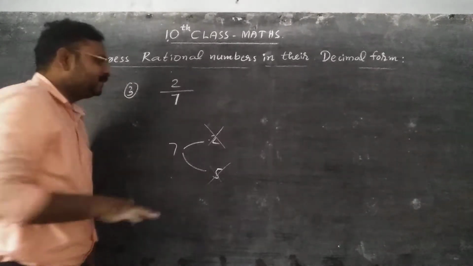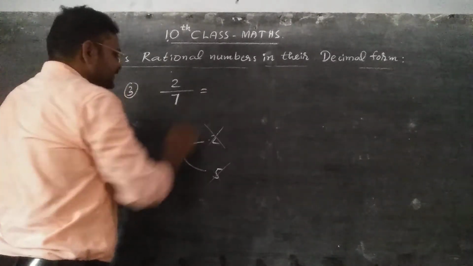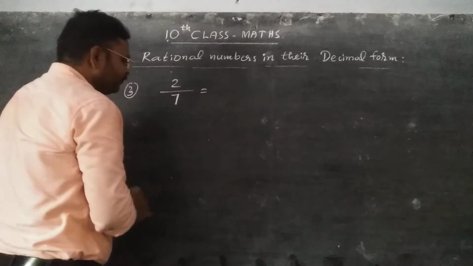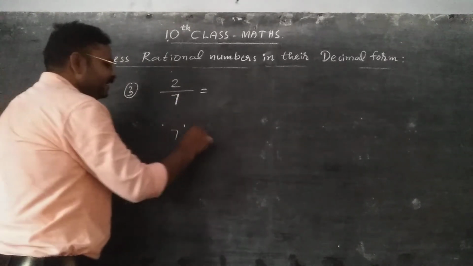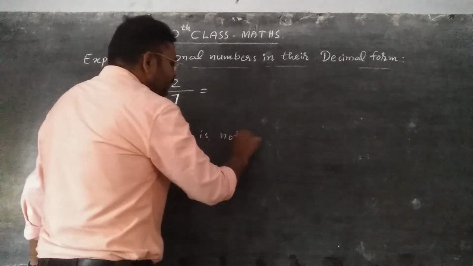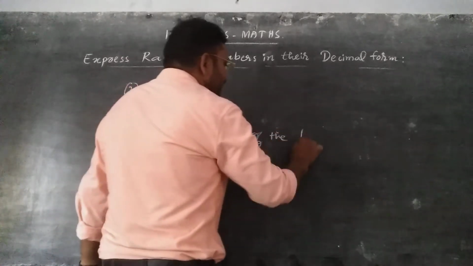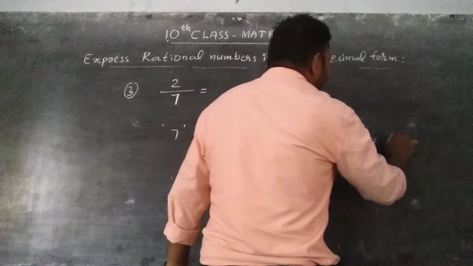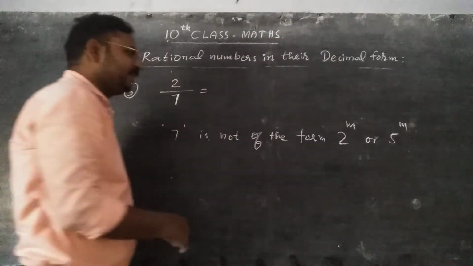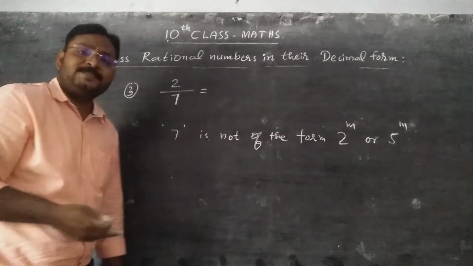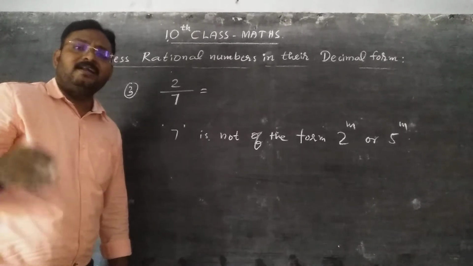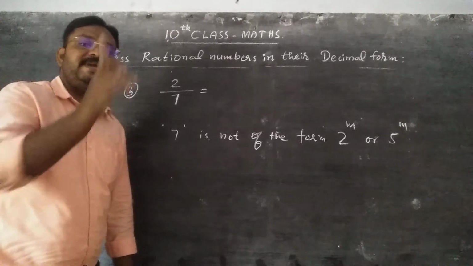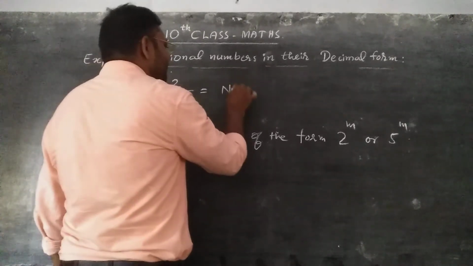So the denominator 7 is not of the form 2 power m or 5 power m. So the decimal expansion should be